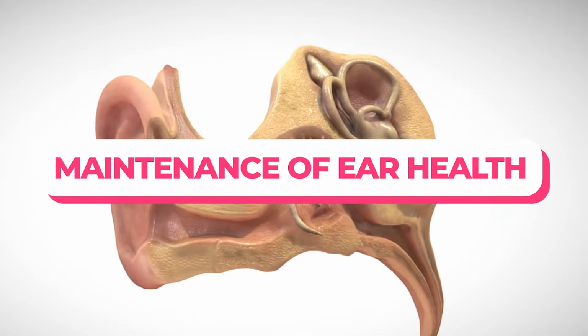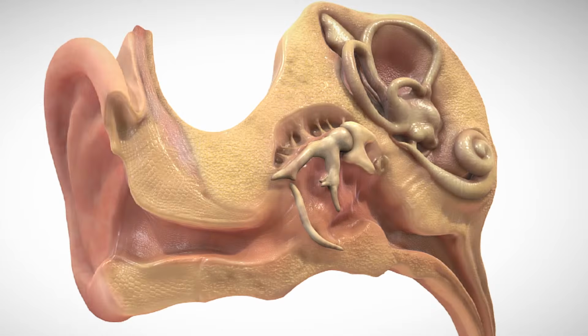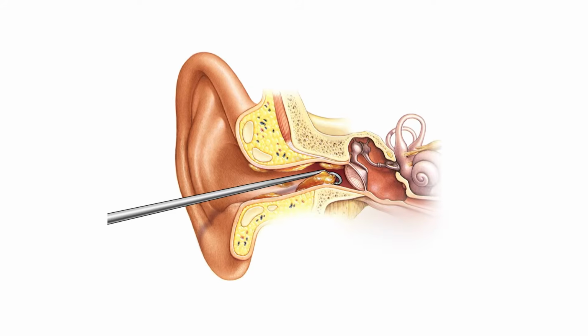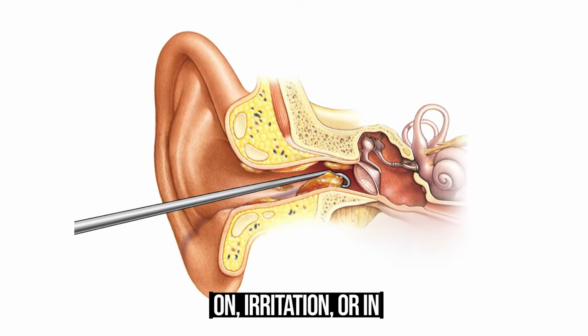Maintenance of ear health. Normally, the ear canal is self-cleaning. Earwax and debris gradually move out of the canal due to the movement of the jaw, like when chewing, eventually drying up and falling out of the ear. Over-cleaning or using inappropriate objects to clean the ear can disrupt this natural process and lead to problems like impaction,